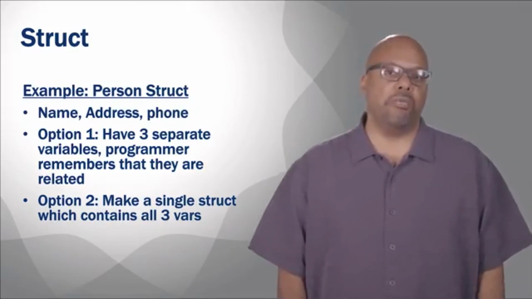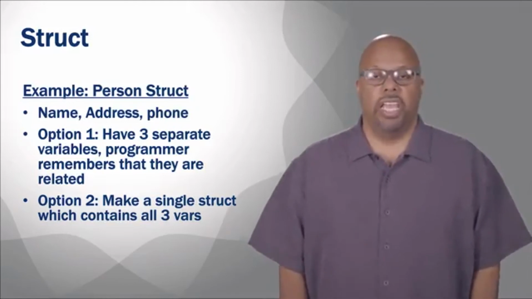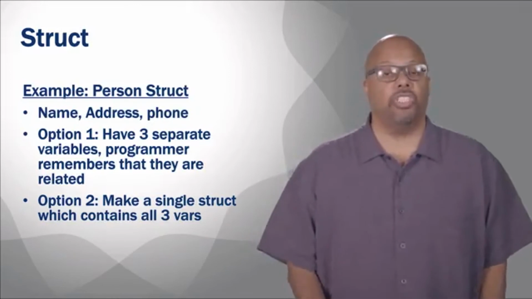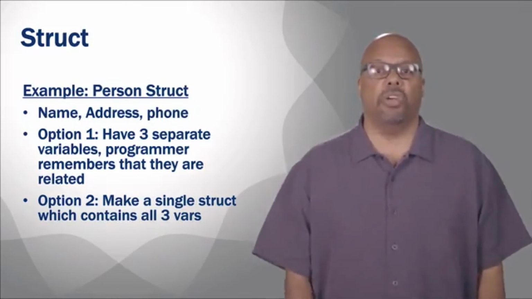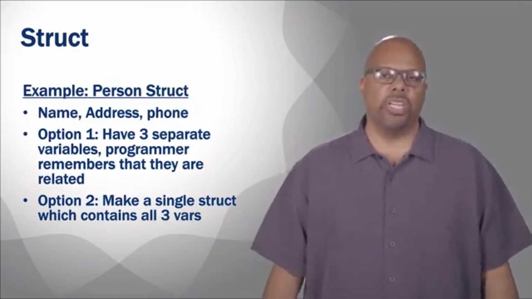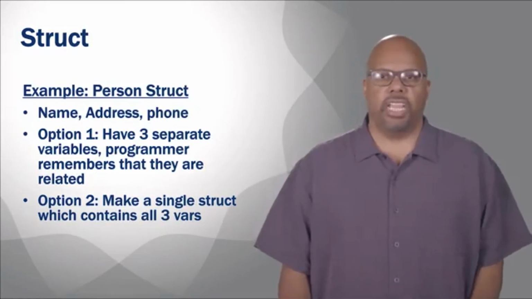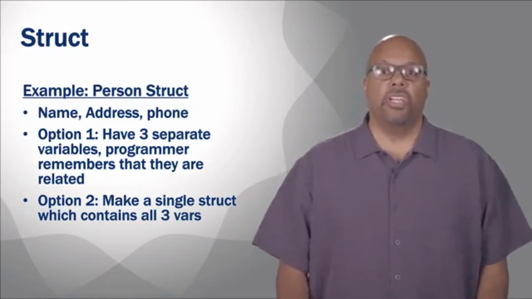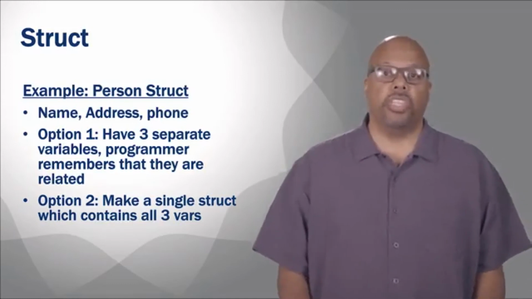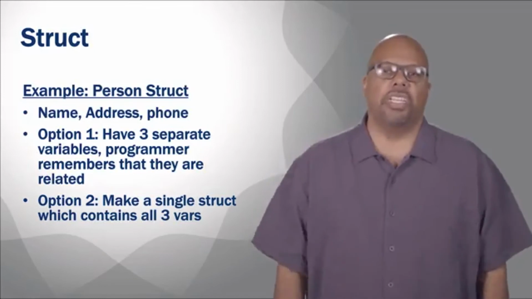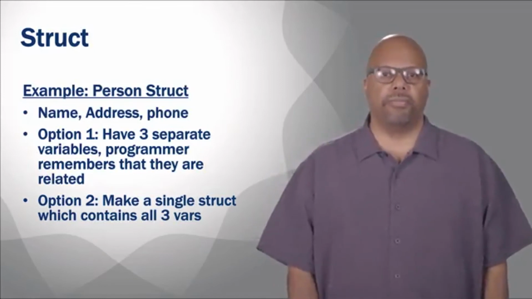So they are related because they are in the same object. And so when you're accessing them, it is obvious that if you're accessing them from the same object, they are related to the same person. So that's what a struct is for: bringing together different variables that are related in the application and putting them together so that you as a programmer know that they are related and they are related to the same person, or whatever the object is in the application that you're talking about.